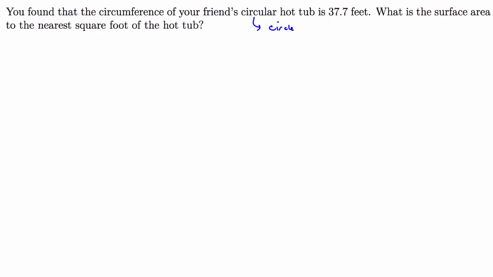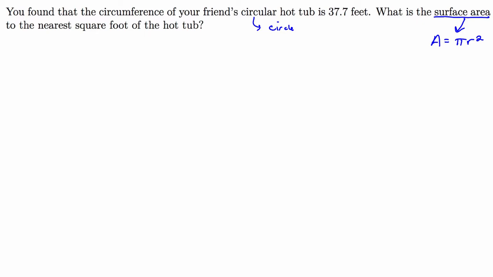Reading through the problem a second time, I recognize the question is about the surface area. The surface area of the hot tub is the area of the top of the water. So since we're dealing with the area, and we're dealing with a circle, I know we're going to be working with this formula, A equals pi r squared. To be able to answer this question, what is the surface area, I need to know what the radius